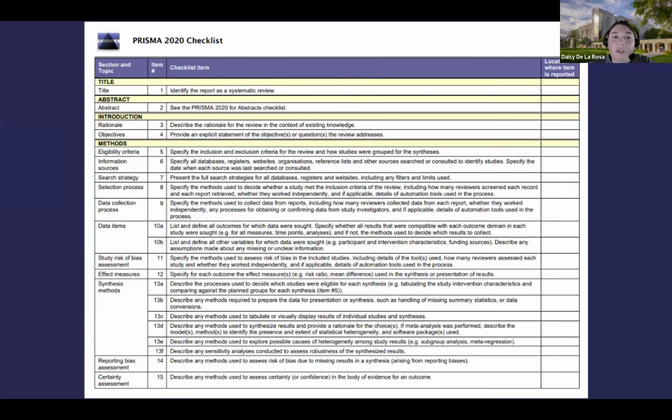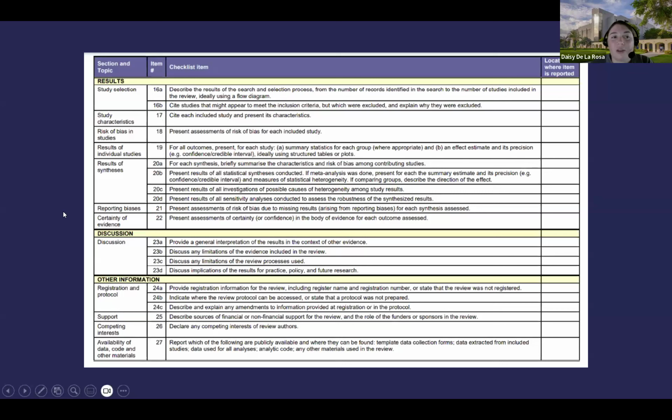So here's an example of the PRISMA checklist. You can see it's broken down into different parts of a paper, for example. You have your title, your abstract, your introduction, your methods, and you can see here eligibility criteria, what databases you use, the search strategy, all of these different things. So again, it's not telling you how to conduct one, it's telling you what you should be reporting. And then here on the right column, you have what page number you've reported this on in your write-up. Some journals do require a completed PRISMA checklist, so if you see it says that, that's what they're referring to. And then here's the continuation of that. Now we have the results, the discussion, and then any other information that you should be reporting as part of